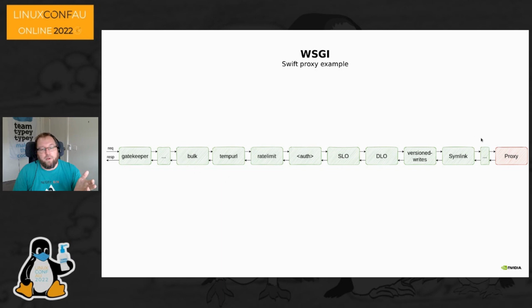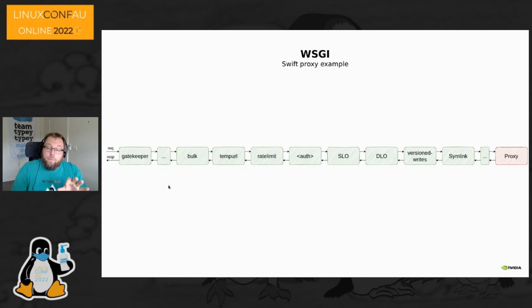The request would skip it completely. So that's really cool. There's also where that extensibility comes in. So you can write your own middleware that inserts your own business logic, and you can insert it anywhere you want. So you can do something on a request as it's coming into the proxy, or when